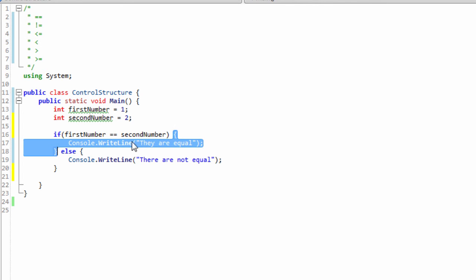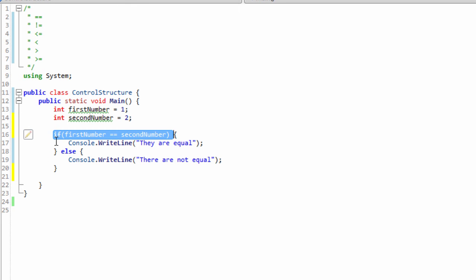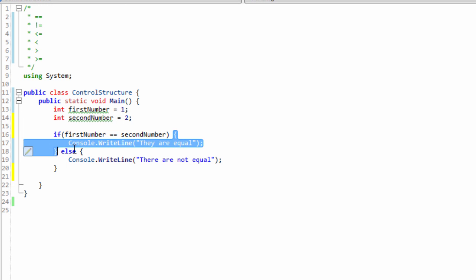This is the opening curly brace, and this is the ending curly brace for this if statement. So this first if statement contains a condition and curly braces. Now these curly braces, this highlighted